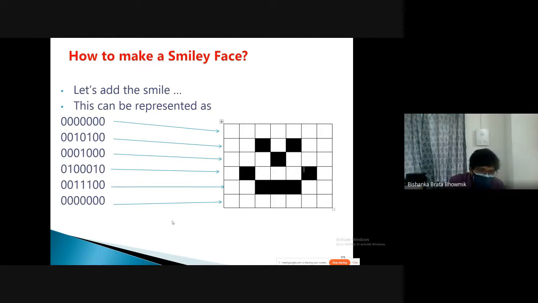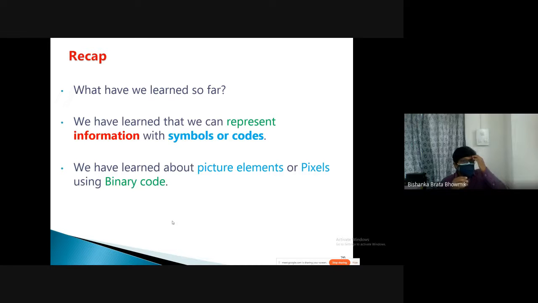Okay. Now let's have a recap of what we have learned so far. We've learned the representation of information using symbols. For example, if you have red color, that means it's the traffic light, so we have to stop. If the color is green, you have to go.